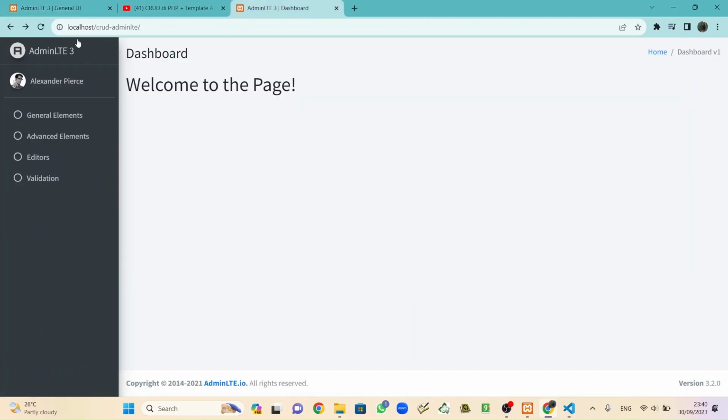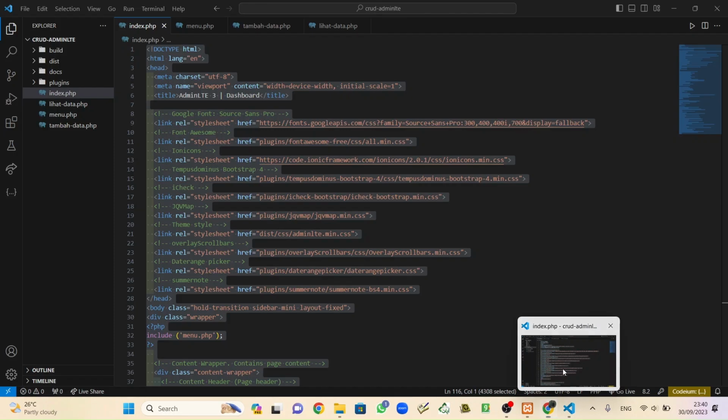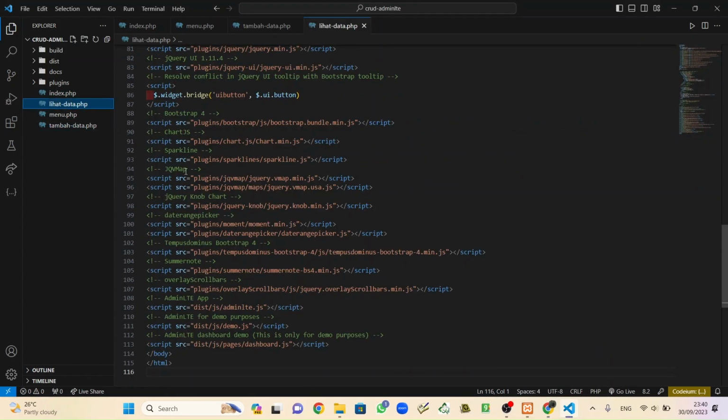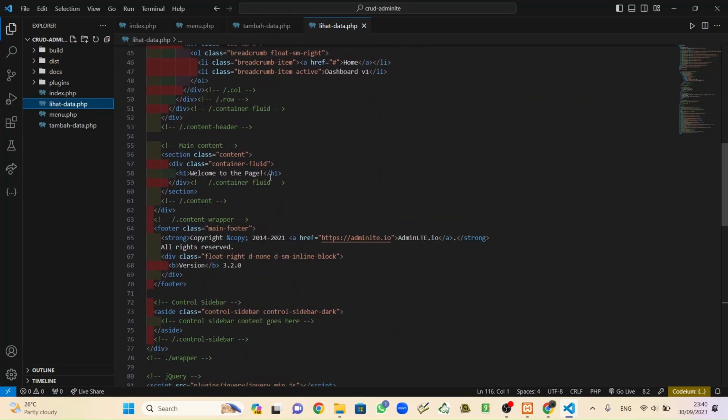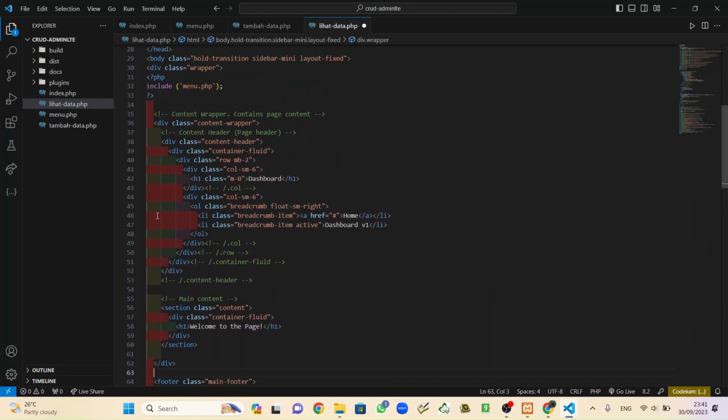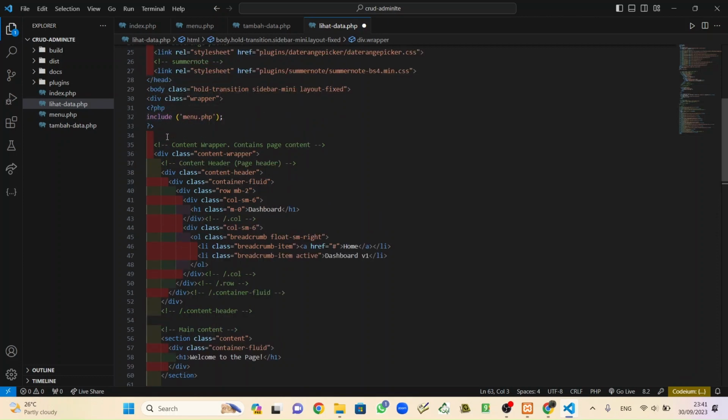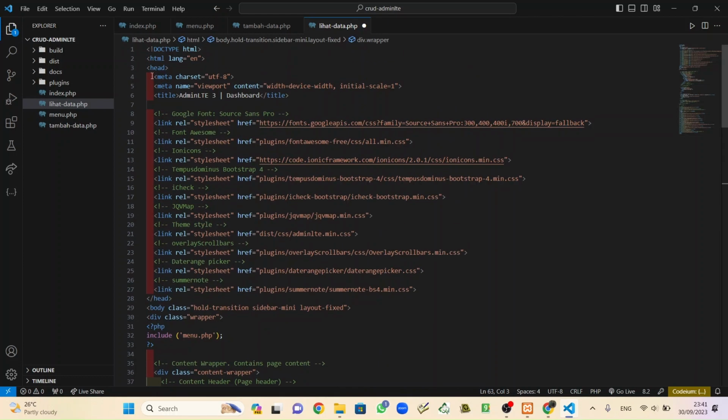When we look at this, refresh, it's still the same, because we copied from index. So we will change the inside of this. I'm sorry, inside, welcome to the page. Maybe we can remove this container fluid, and also content wrapper, because it's a little messy.